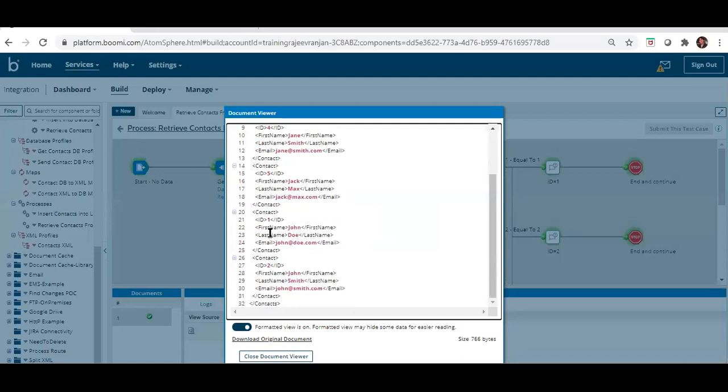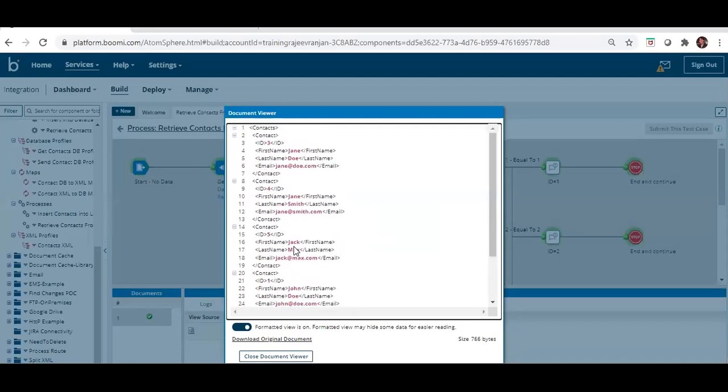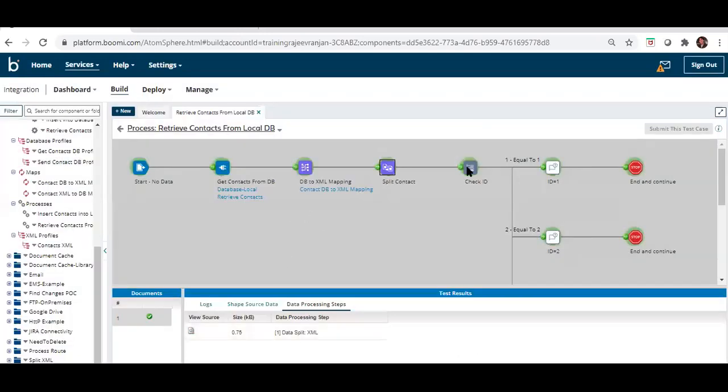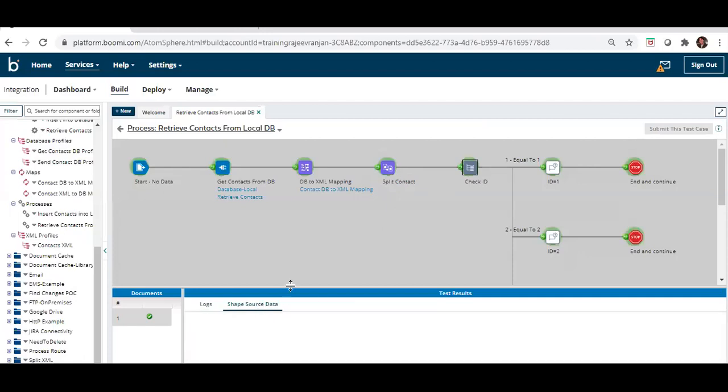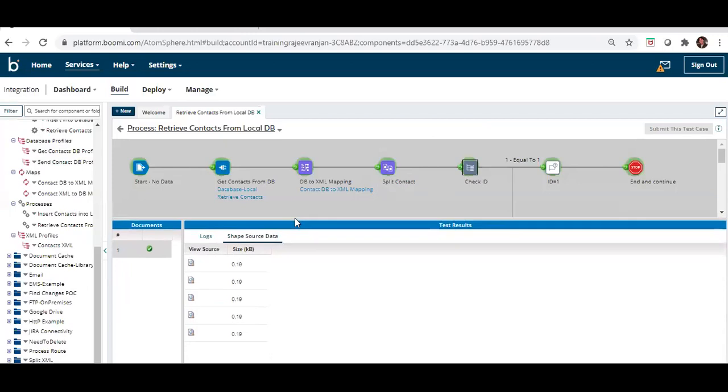So we are able to successfully map the database profile into the XML profile to get the actual request for the insertion into the database process. That we have received. After execution of this step, we are able to split the one document into 5 different documents.